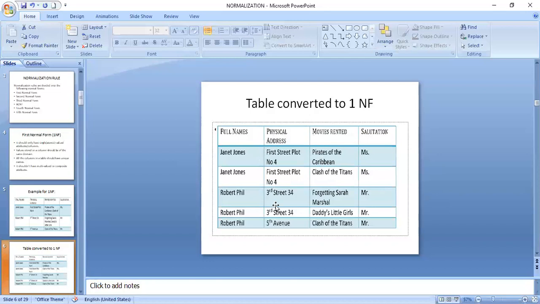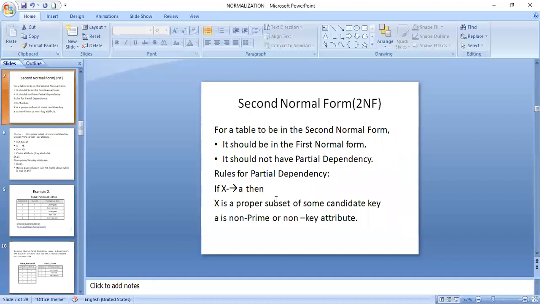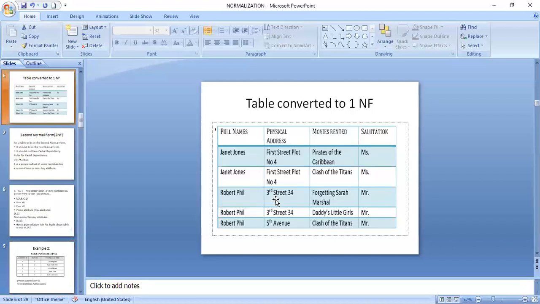This is the way we convert the data into first normal form, such that the data is rearranged in the database, so that we can retrieve only the relevant data from the database. Is this clear? Fine. Thank you.